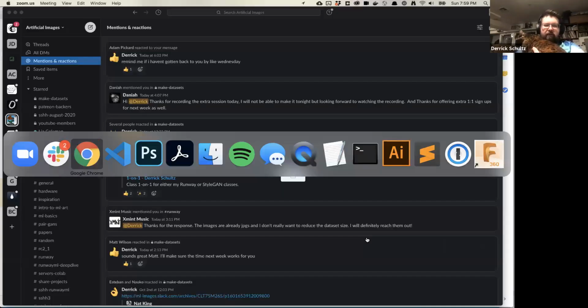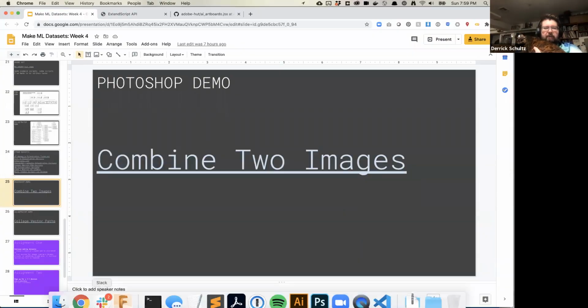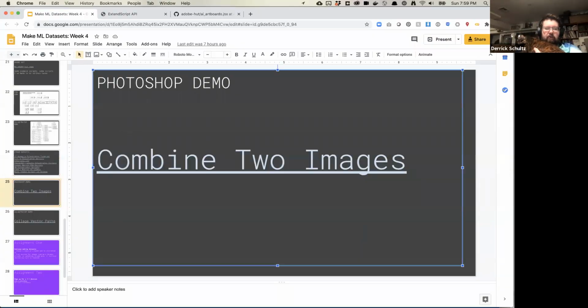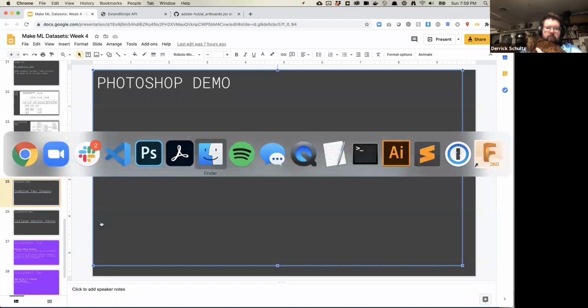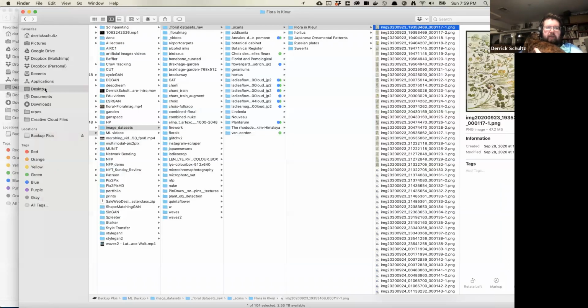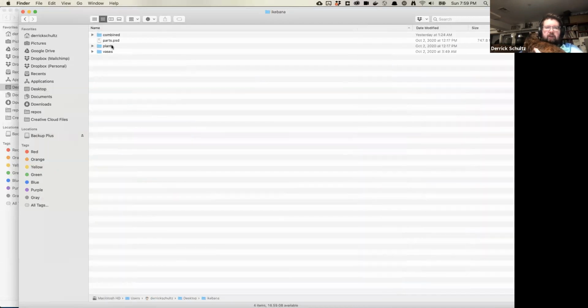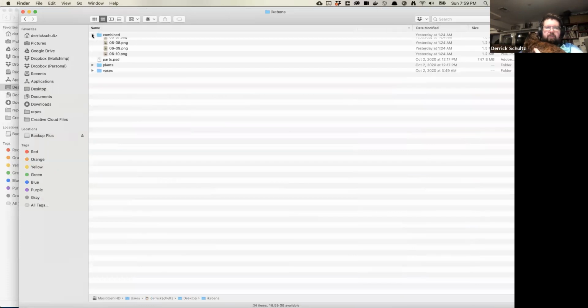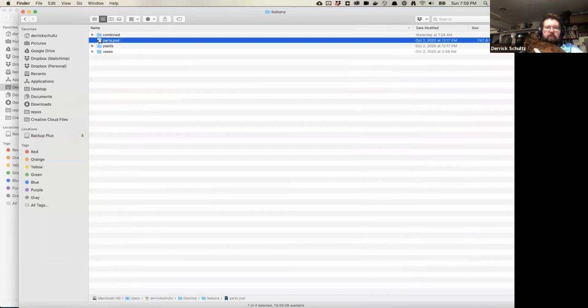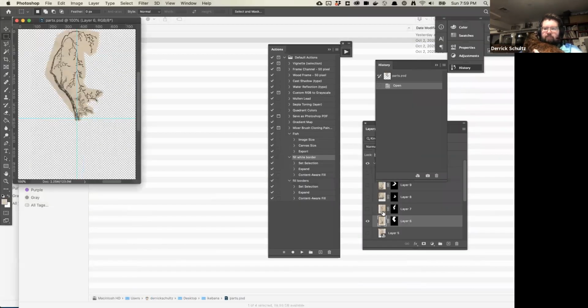Cool, so yes, let's get started. Let's just start by looking at the Photoshop script. This happens to be something that Naoko shared with me. There's this really nice data set, or pseudo data set, that she had, which I believe are Ecabana flowers. And if you look at them, let's actually just look at the parts first.